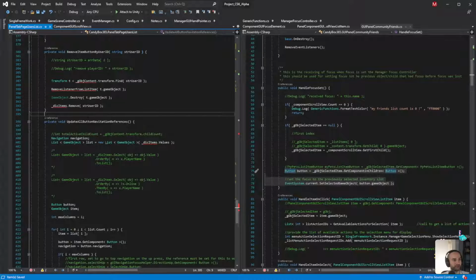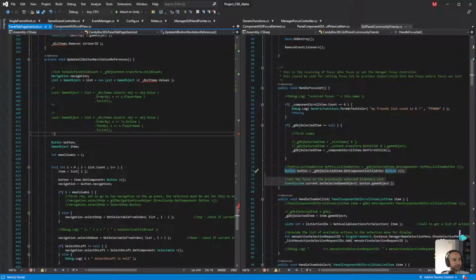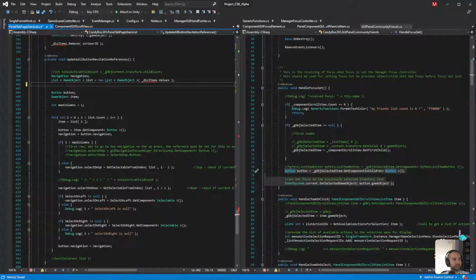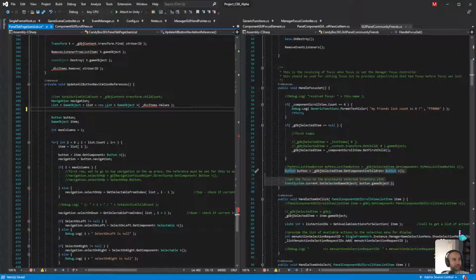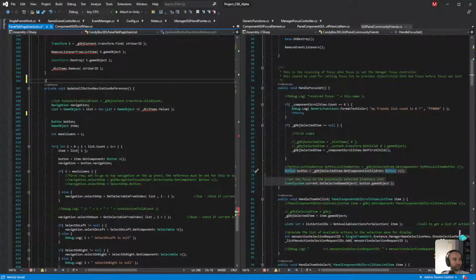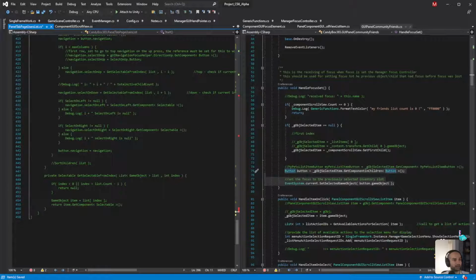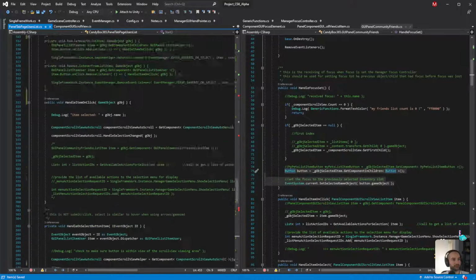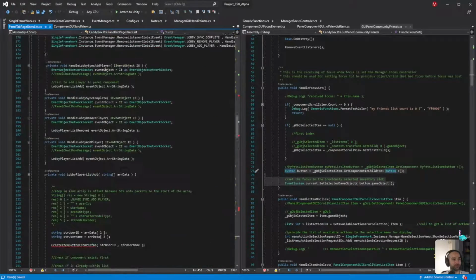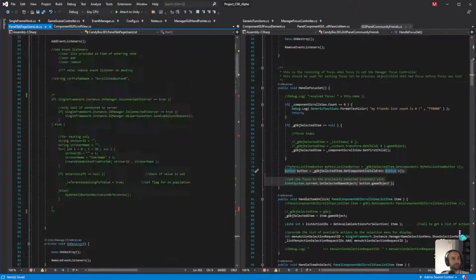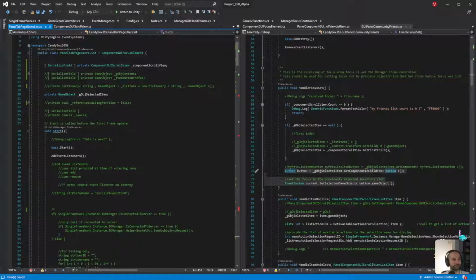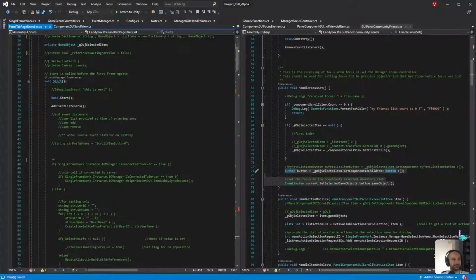Update old button navigation references. Okay, so this is going to be taken out because it is a part of the functionality within the scroll view and not necessarily this area here. So will this. Okay, so that's the stuff that I'm taking out. You can see I took out a fair bit of code. I do need to clean it up, of course, and it's in a broken state right now.